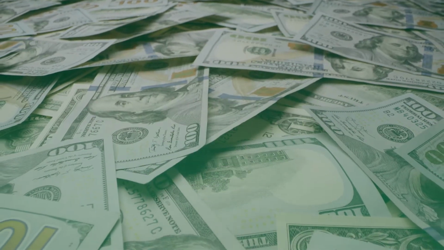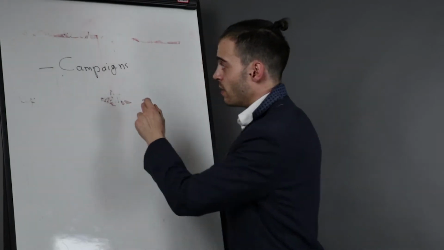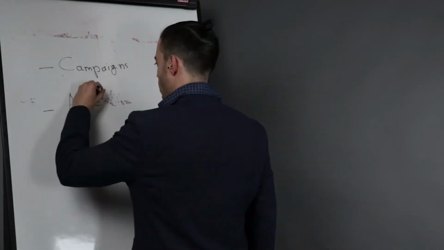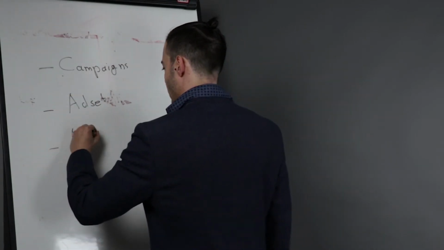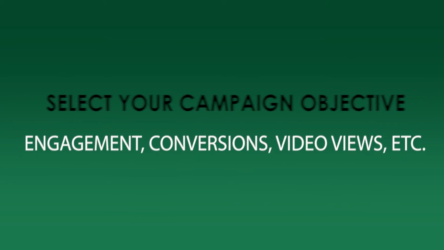Step number one, let's see how Facebook works. First of all, the campaign level, right? So this is the first level that we have. After campaigns, we have the ad set level, and then we have our ads, our advertisement. So this is the campaign. We will select our objective. So here you will select whether you want engagement,